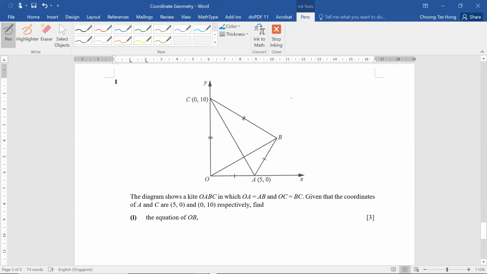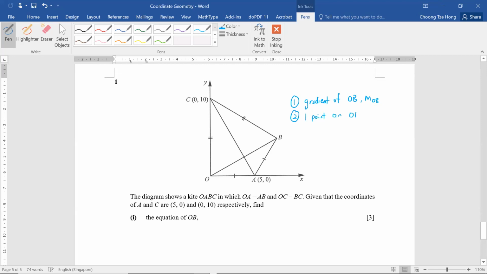Okay, so remember what I mentioned earlier. In order to find the equation of a line, you need to know two things. First, you need to know the gradient of OB. Let's call this m_OB now. And secondly, you need to know one point